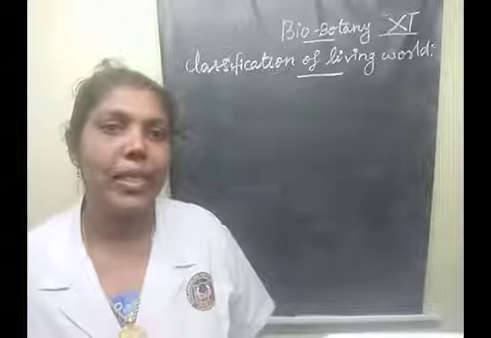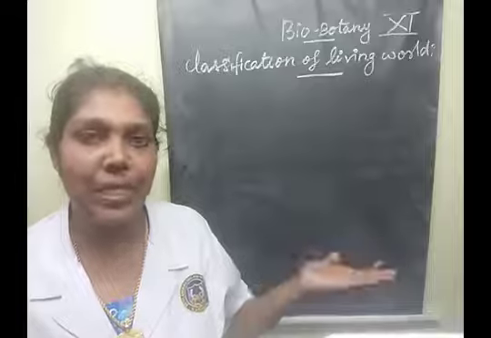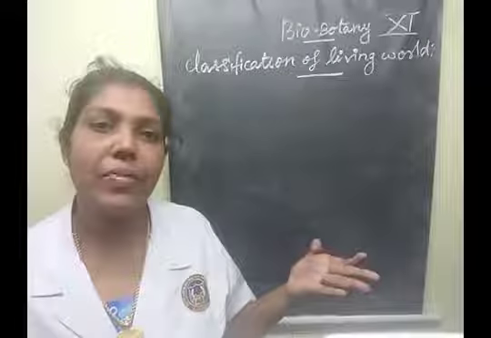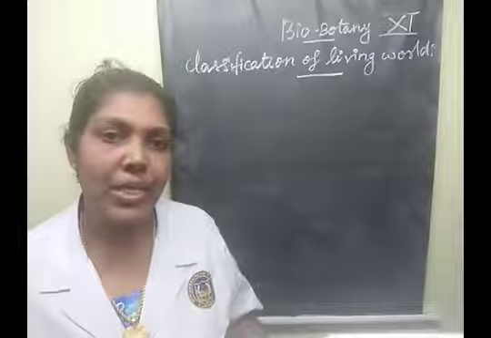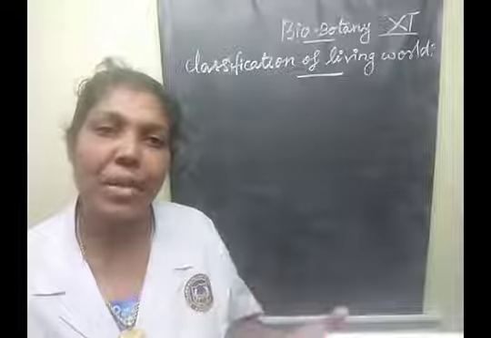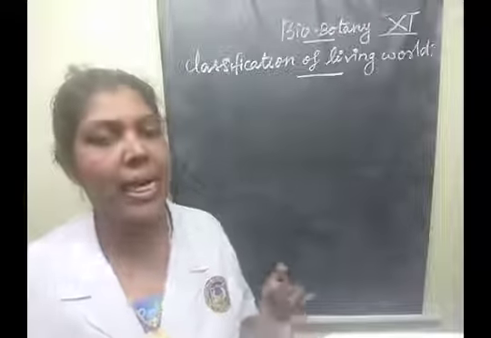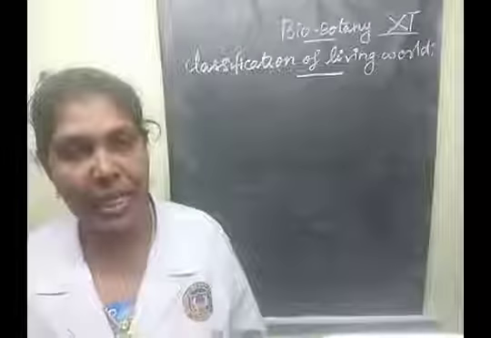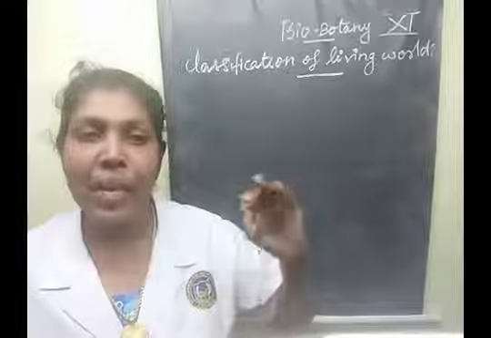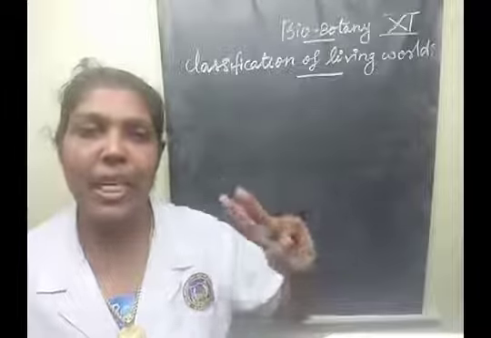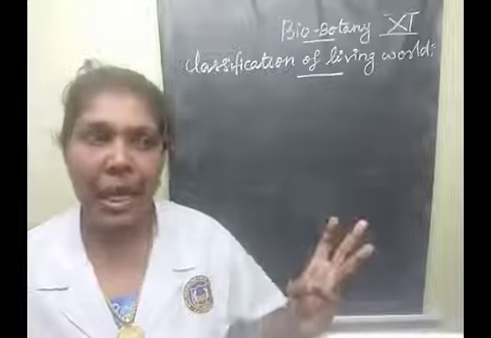Okay. Then let us revise the last class portion. In the last class we studied the life cycle of phage. The life cycle of phage comes under two types: one is the lytic cycle and another one is the lysogenic cycle. The lytic cycle comes under 5 steps. Clear? Then what is the lytic cycle?